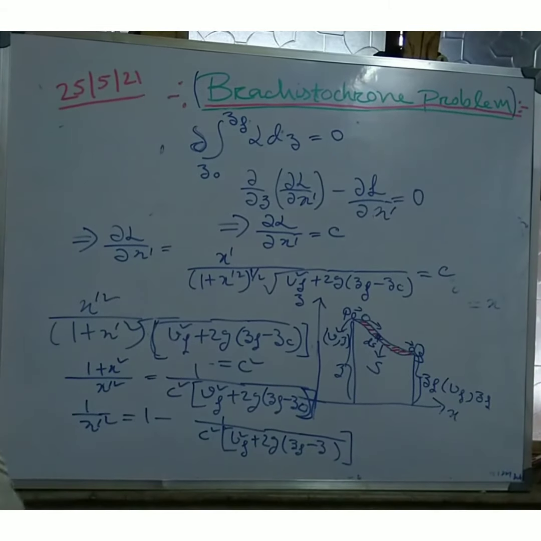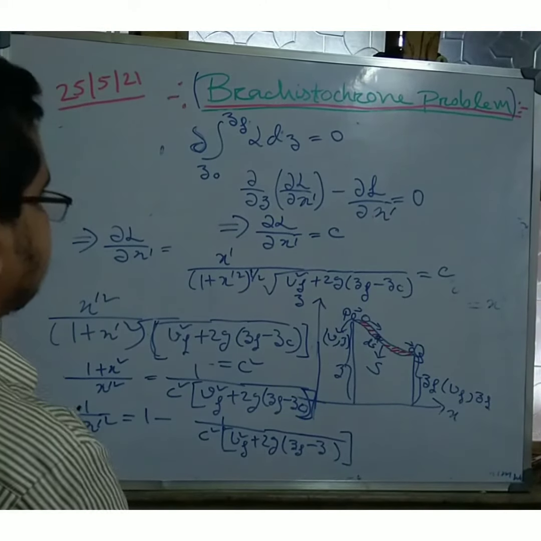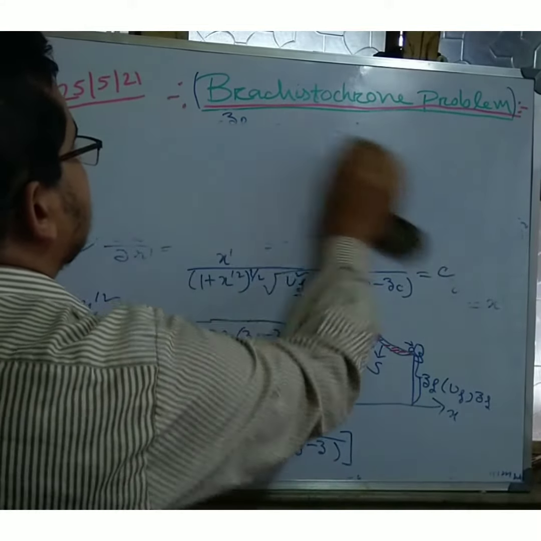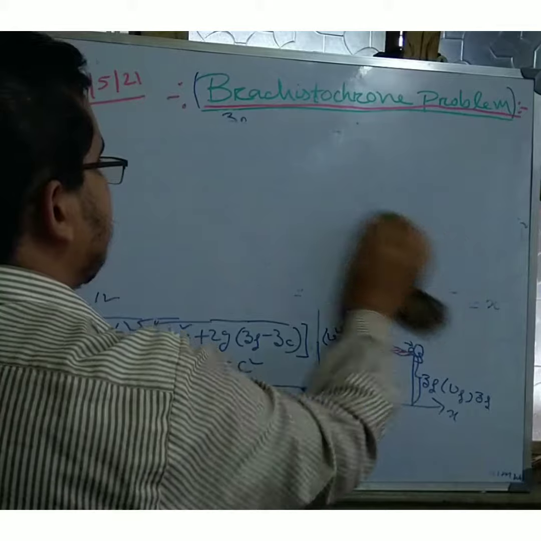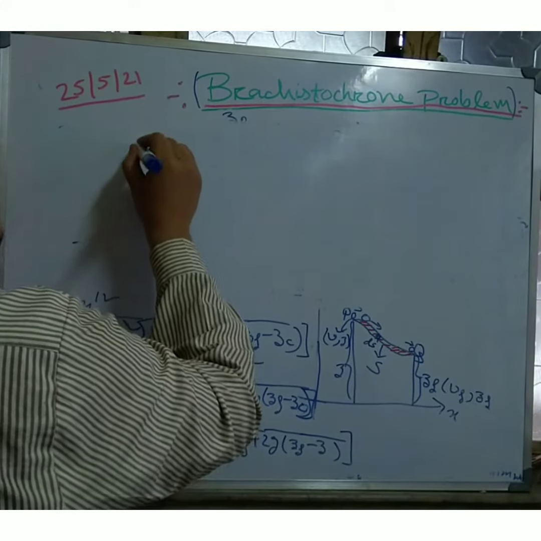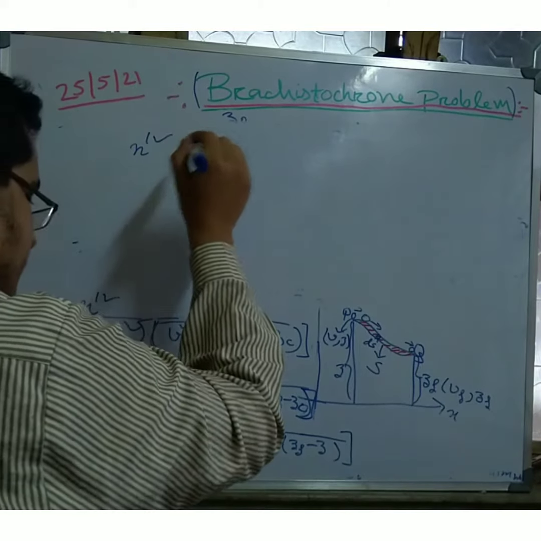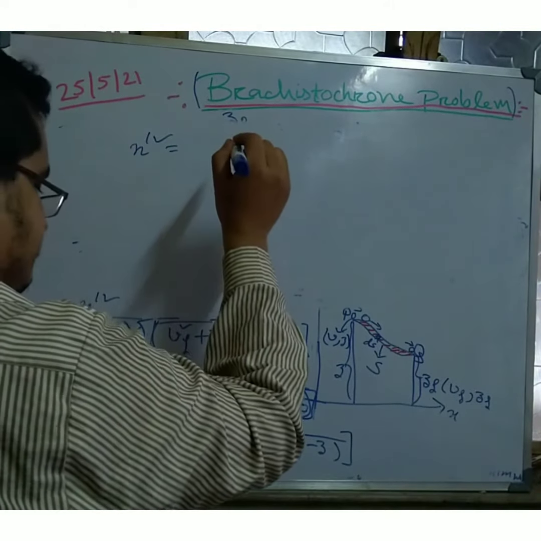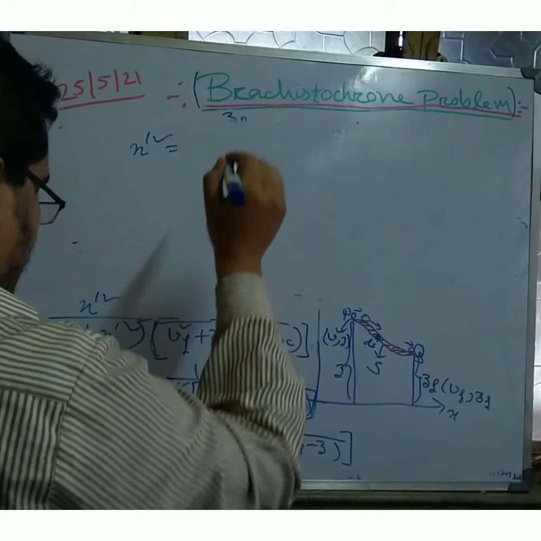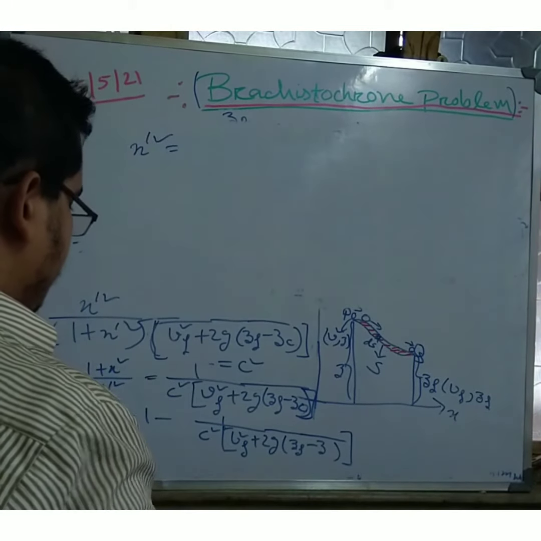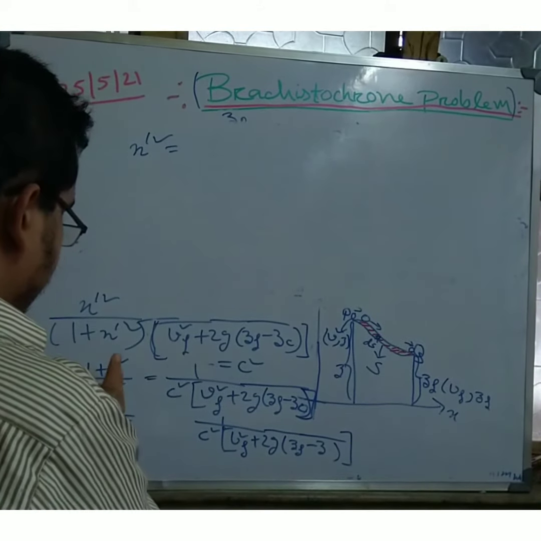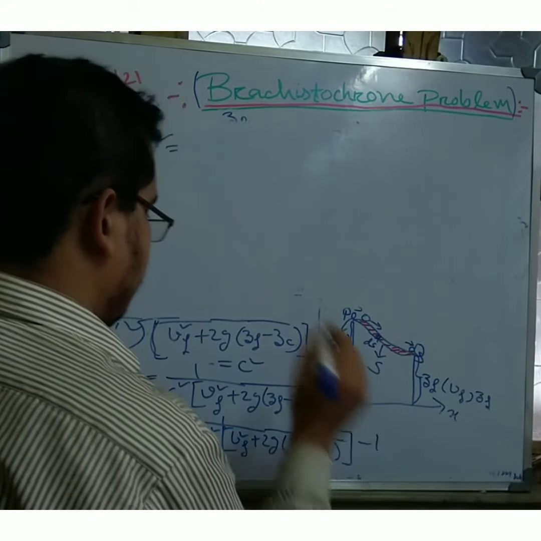This is j. So friends, again I have to remove this portion, because this problem is very large. But it is interesting, that's why I am working. X dash whole square is equal to... sorry friends, this is not 1 minus 1, it is 1 and 1 should be in here.